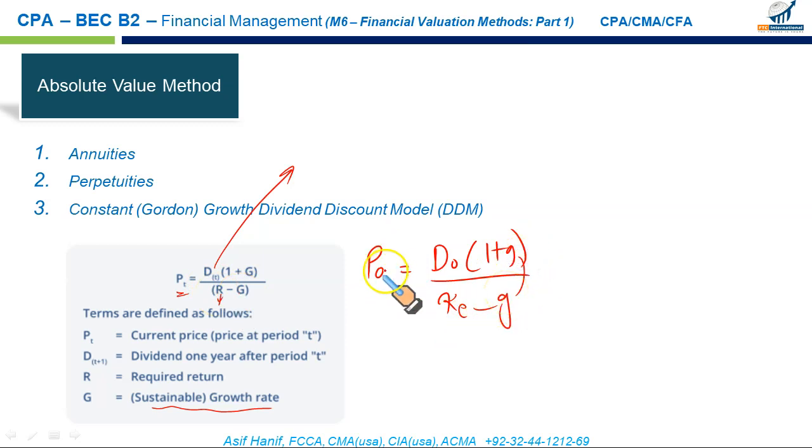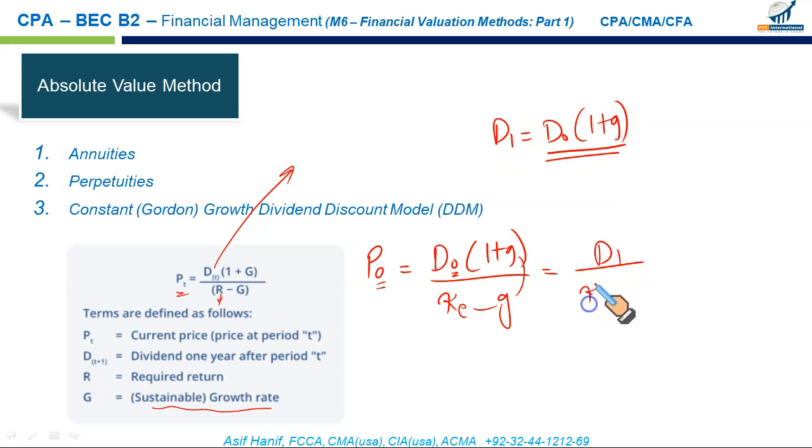So remember, if you want to calculate the price now, you need to put the dividend now, that will grow at a certain rate G. Let's say you have not been given the dividend that has just been paid, but the next dividend to be paid, which is called D1. Remember, D1 is equal to the current dividend times 1 plus growth rate, which means you can replace D0(1 + G) with D1 and you will still have the formula perfectly working.